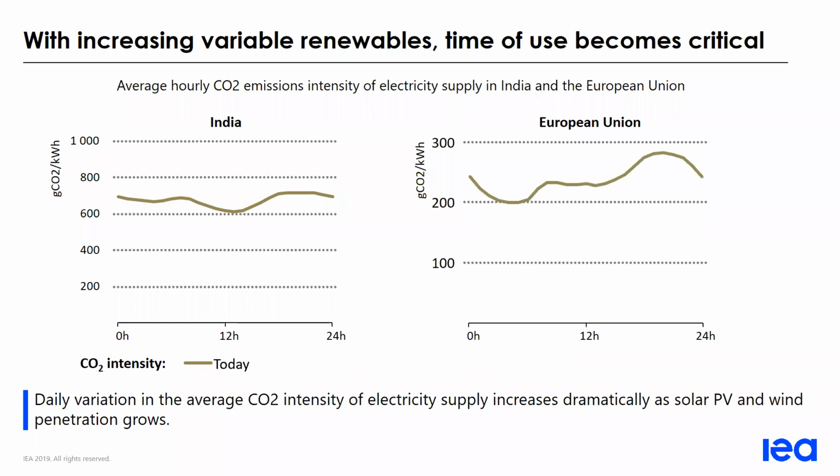Now, even in the European Union, where variable renewables specifically already meet 16% of generation, we only have a variation of a factor around 1.4 from the hour of minimum CO2 intensity of supply to the hour of maximum CO2 intensity of supply. But what's interesting here is that with the projected increases in generation from solar PV and from wind, there is going to be a very significant increase in the hourly variability of CO2 intensity. This will then have implications for how we calculate and assess the CO2 intensity or the CO2 emissions linked to